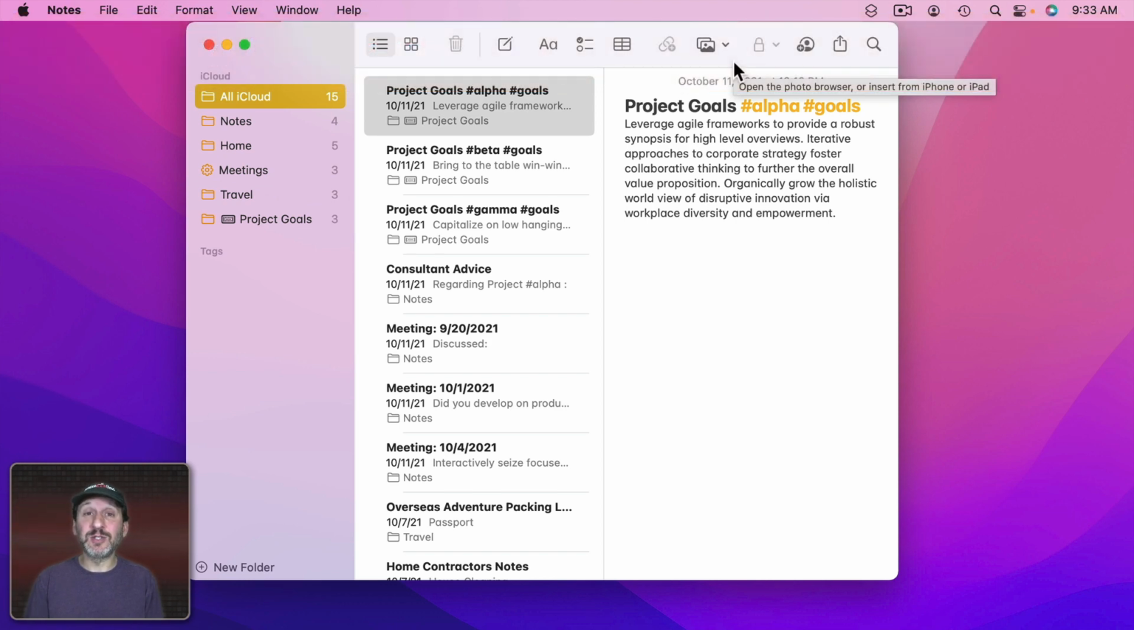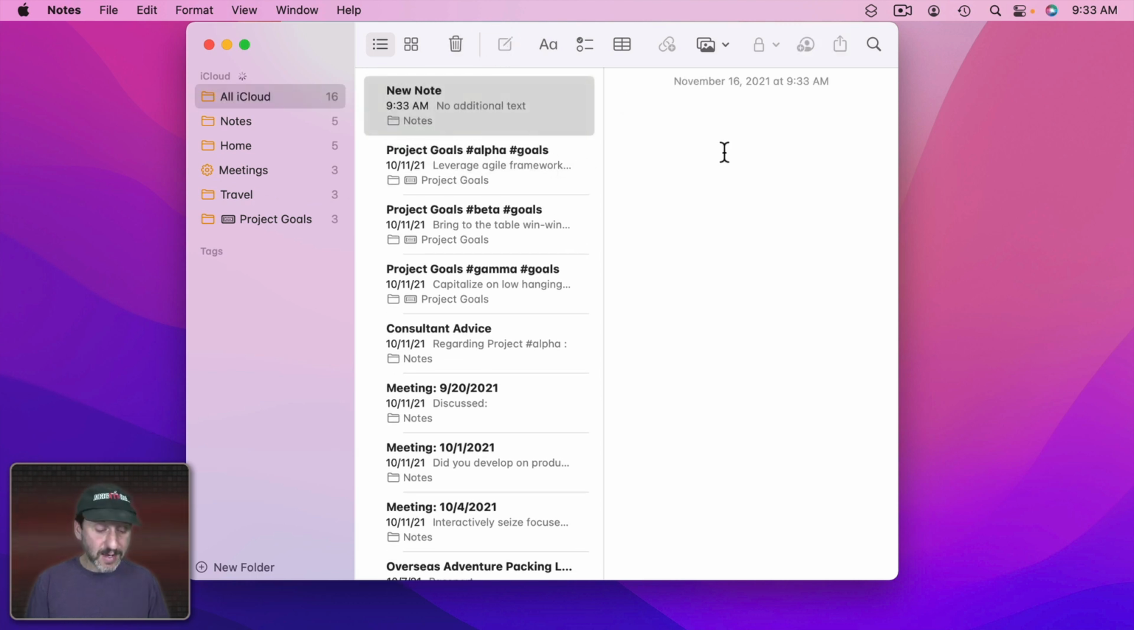Maybe it's an inspirational quote. Maybe it's some information you need to refer to all the time. You can set a widget to be any text you want by using Notes. So go to Notes and create a new note. And then type whatever it is that you want to appear. And then once you have that set up, add the widget